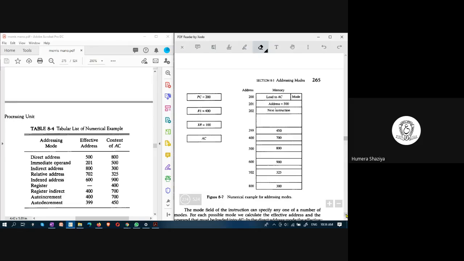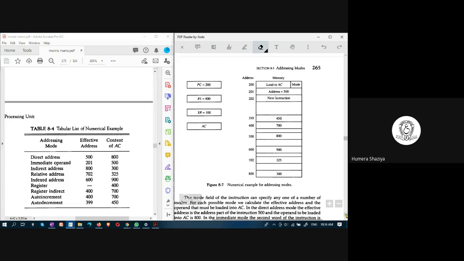Let us start from beginning. Okay, students, don't get confused. There are addressing modes. What is the use of addressing mode? That is to specify the address of the operand on which computation is performed. What kind of computation is performed? Some kind of operations like add, multiply, subtract, and so on. Now, how to find the address of the operand? Let us first begin with direct address.